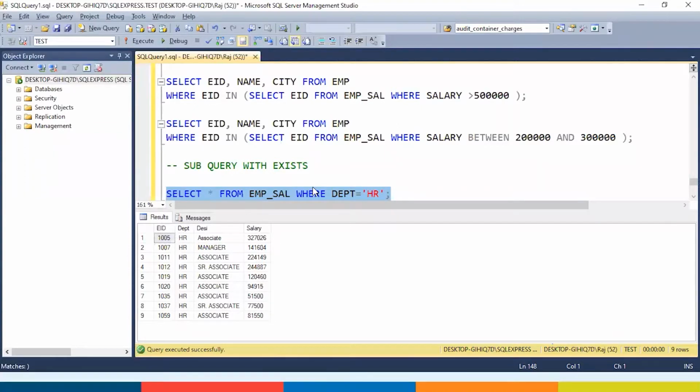Now I'm getting 9 records over here. The details of the HR team members are appearing, where department is equal to HR.